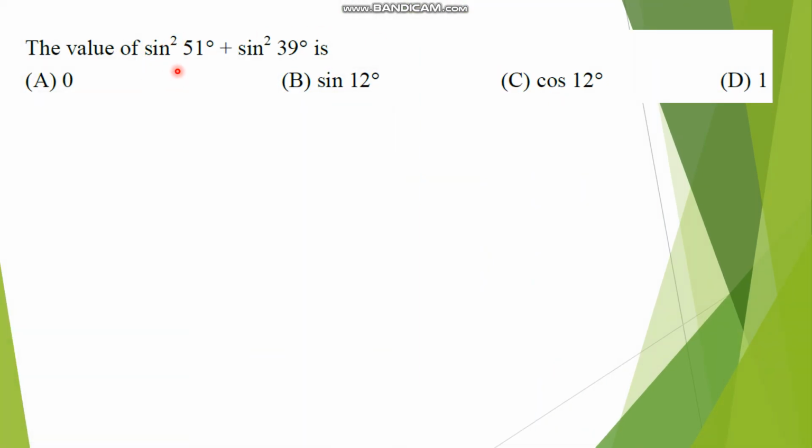The value of sin square 51 plus sin square 39. This is an easy problem. You don't have to even work it. We know that we can change one value in the form, so cos square 39 and this is sin square 39. So whatever change we are going to make, this will become cos square theta plus sin square theta. So the answer will be 1. You don't have to work it. By looking at these values, 51 and 39 are complementary angles. If you have sin square and sin square, that will be obviously equal to 1. So which is option D.